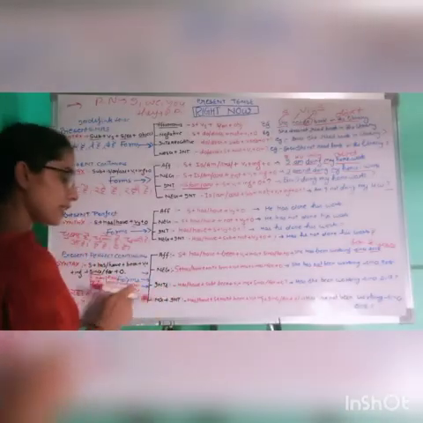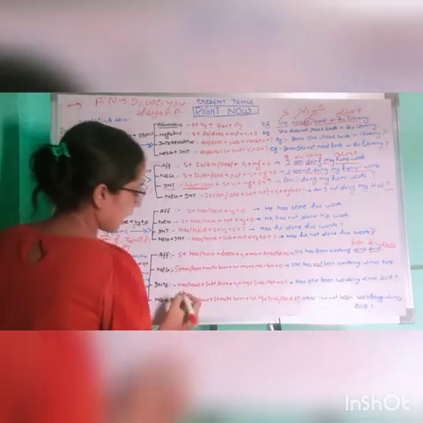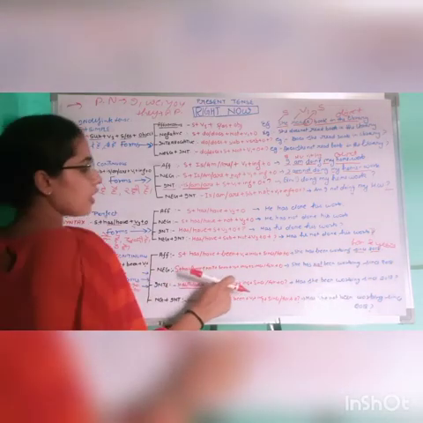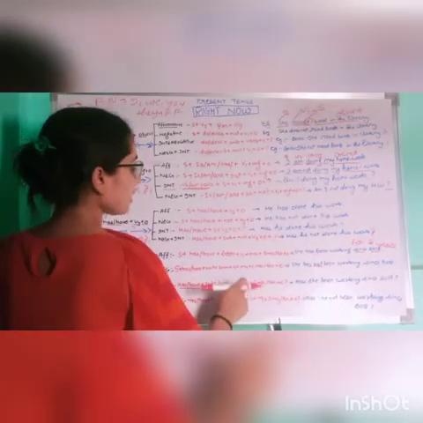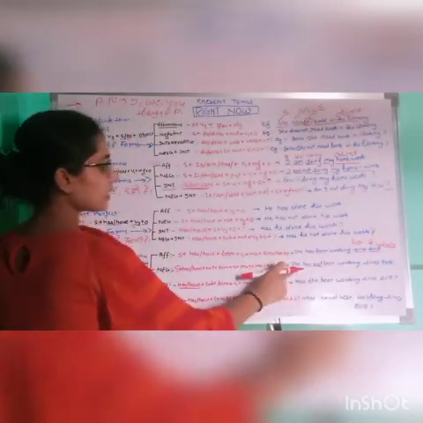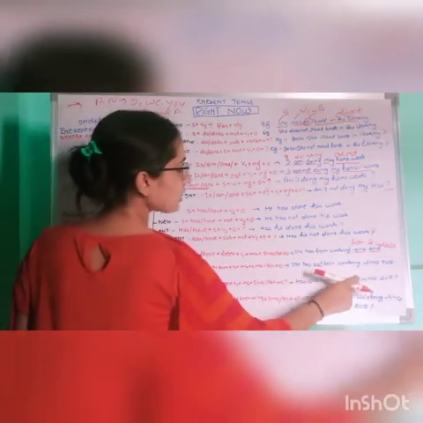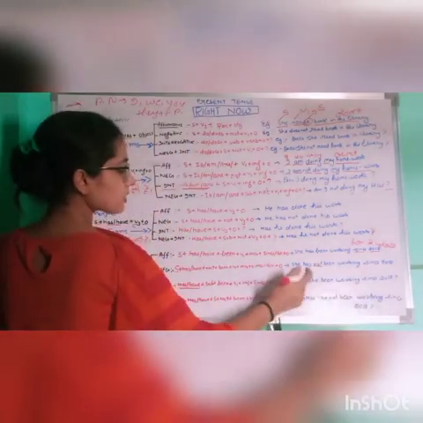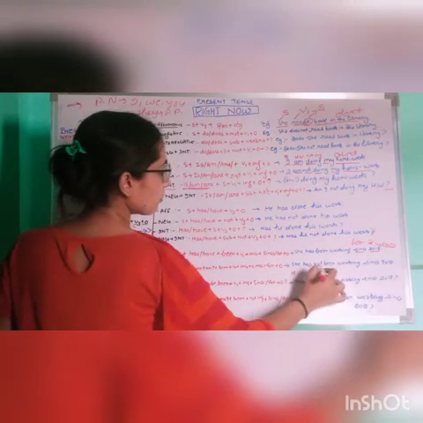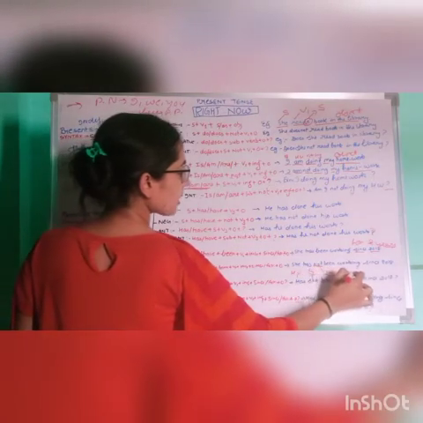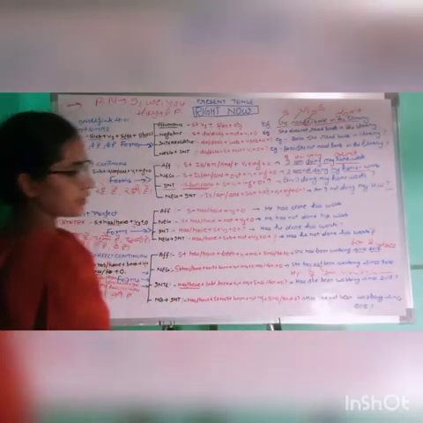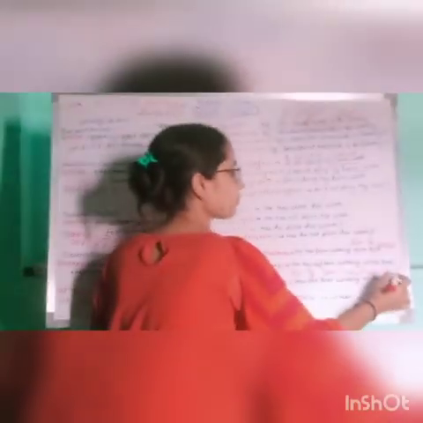Now let's move towards the interrogative syntax. Here the helping verb will lie at the first position, like this: has, have plus subject plus been plus verb first form plus ing plus since or for plus object, then put the question mark in the end, right? So here we get the sentence: has she been working since 2018? Has means the helping verb will lie at the first position, and then there is a subject, and then use of been, and then verb first form plus ing, then since I have used, and then the definite time period, right? And in the end I have just put the question mark.